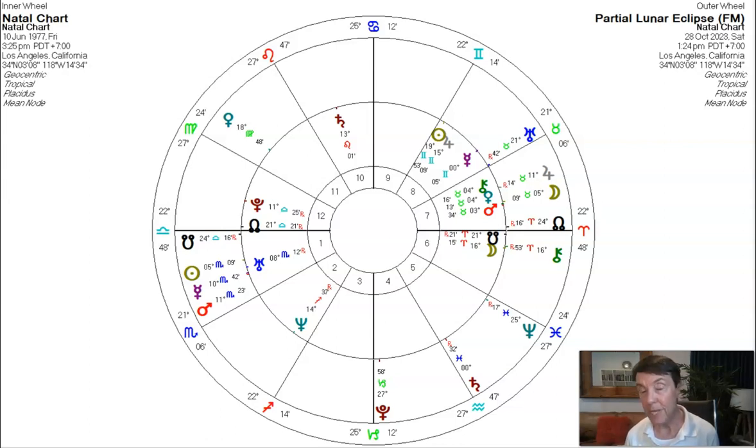Okay. Now look at the planets that are involved, and also the planet that's involved in the opposition to the eclipse, opposition to the moon. So we have Mars, we have Venus, and we have Chiron, all in a very tight stellium here. All being hit by the eclipse moon within 1 degree.